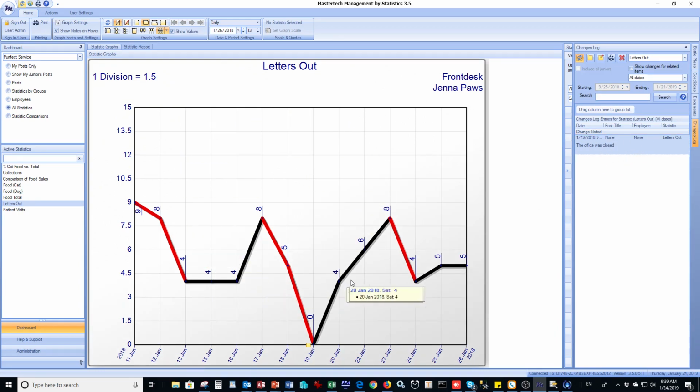If I print this graph, this little yellow sign will appear on the graph, however not the note. I need to go to the change log, click on print to print all the notes relevant to this particular statistic. To delete it, just go back to change log and then make sure you select the right